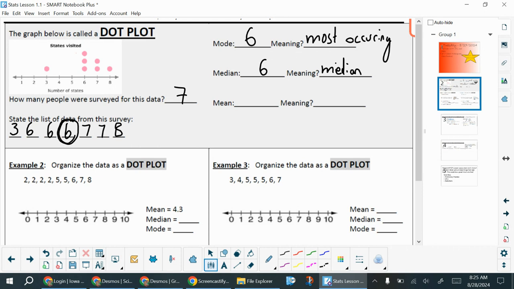And then our mean is the average. So for the average, that means we're going to have to add up all of our numbers and divide by how many there are. So I'm going to go over here, off the screen, I've got my calculator going. I'm going to add up all the numbers, and I get 43 when I add them all up. And I'm going to divide by 7 because there are 7 numbers. Go ahead and do that real quick. So divided by 7, and I get